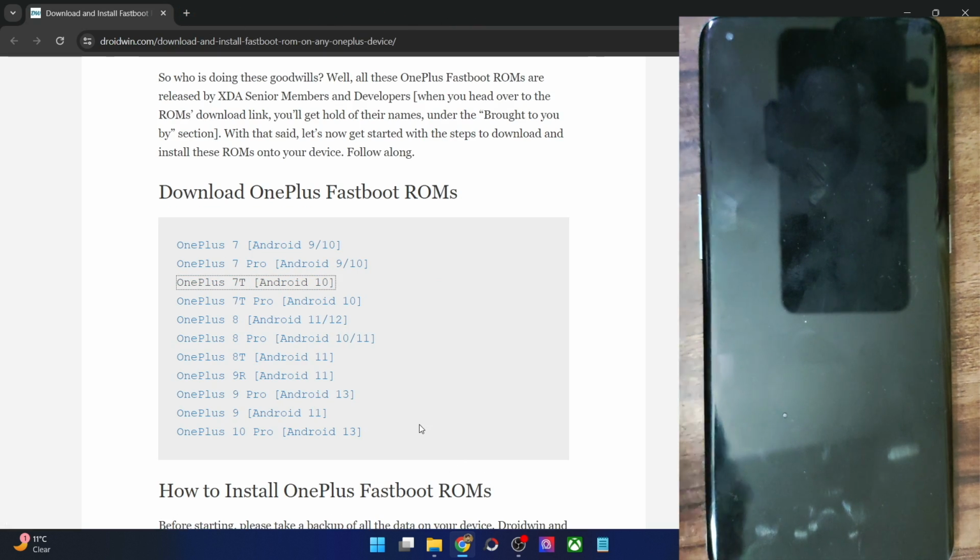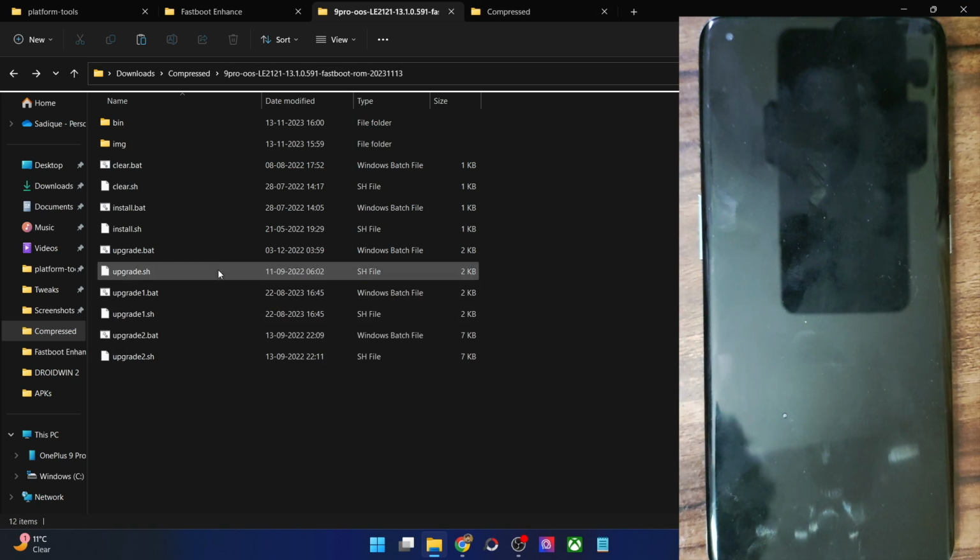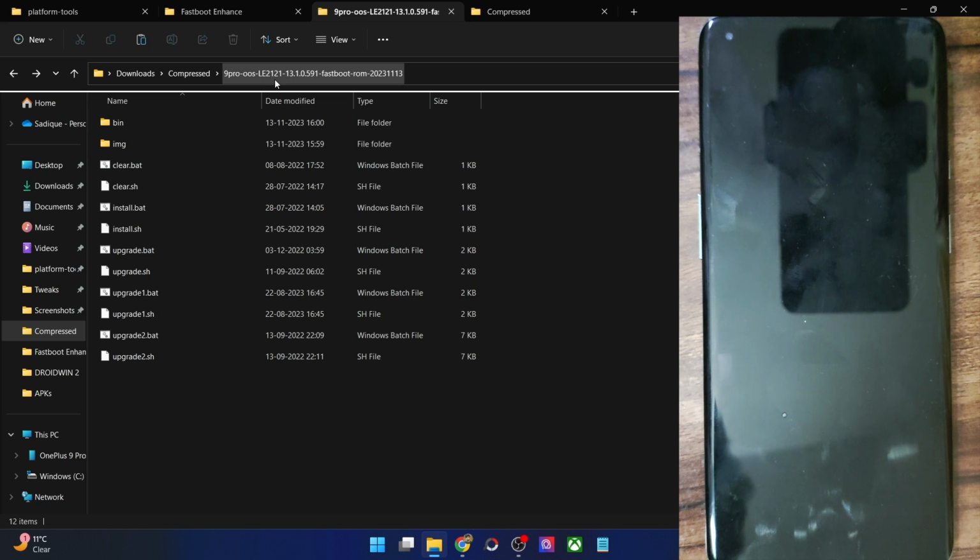You may also make your own fastboot ROM, but then you will also have to get hold of the flashing command. You may use the flashing command of these files as well, but just make sure that the Android versions are the same, because the flashing command will not work on different Android versions. So if you have got hold of a OnePlus 9 Pro fastboot ROM, but you want to flash a fastboot ROM of a different version, just make sure they are on the same Oxygen OS version. Then you may use the install all batch file and the rest of the command will be the same.